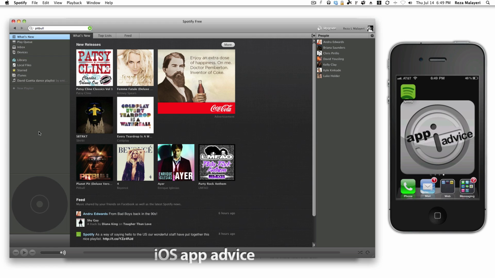And so here we are. We have the interface. This is running on the Mac. Spotify does have several different clients. It has the iOS app, which you can see on the right. They have Android and Windows Mobile. And so when you're on your computer, you can download it either for the Mac, Windows, or I believe they have a couple other clients, Linux, I'm not sure. But this is the Mac version.